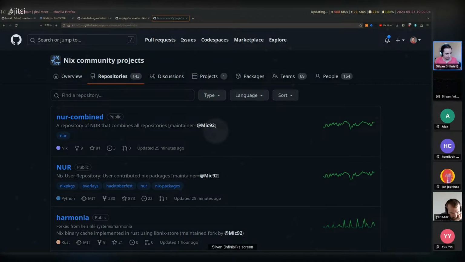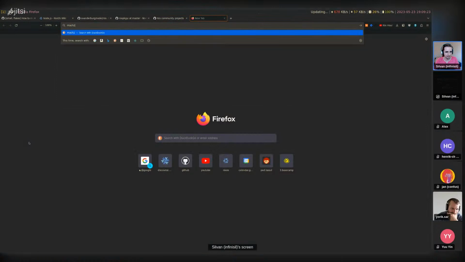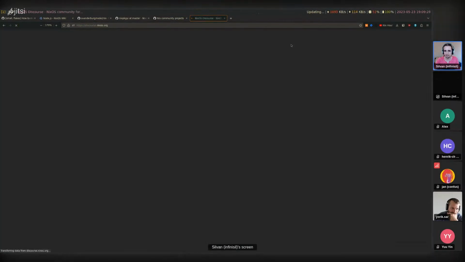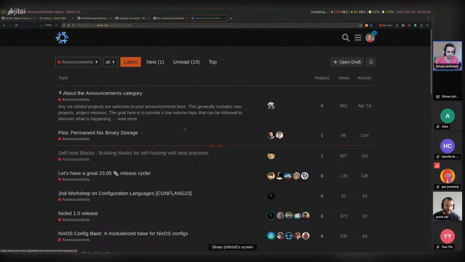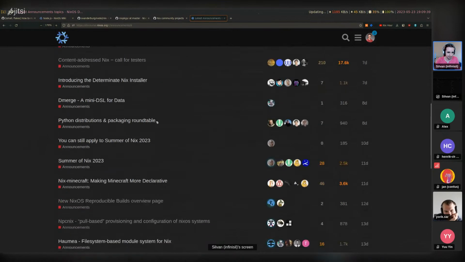And then we have a question in the chat: if Python is any indication, all the to Nix tools are of various degrees frustrating. Yeah, so there's a lot of different tools for Python. You can also find them on Discourse, of course, in the announcement category. Every once in a while, you'll see some new tool here.